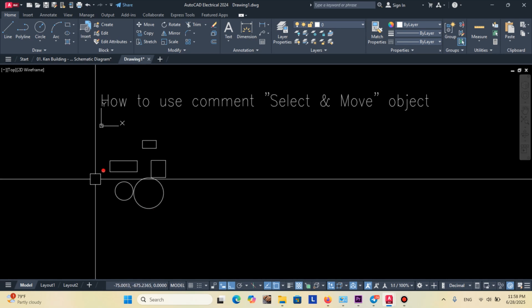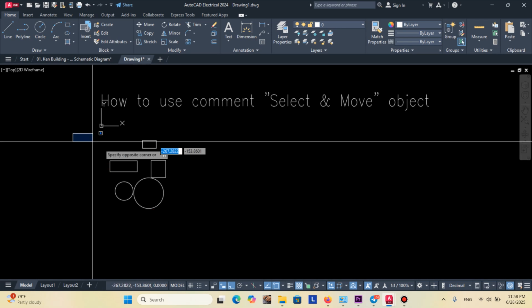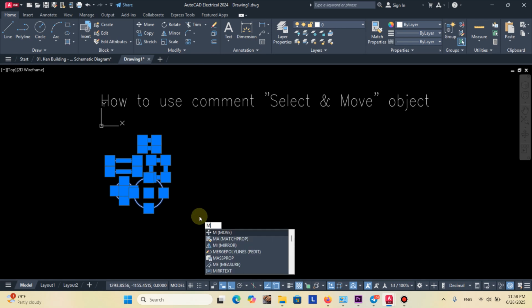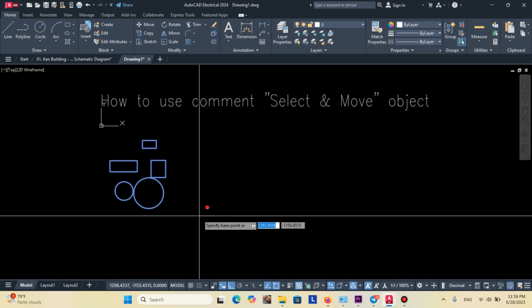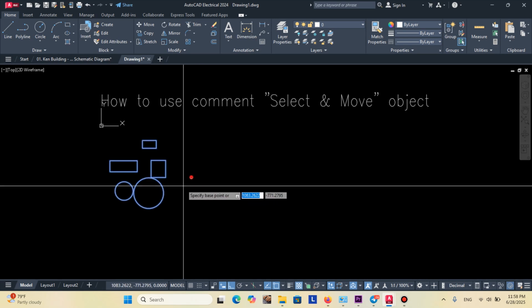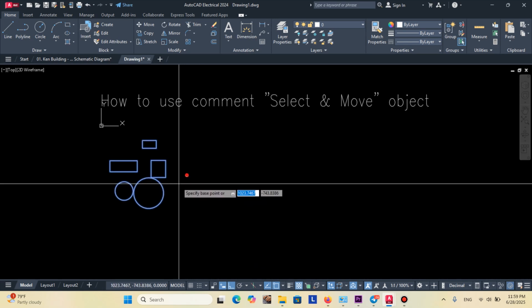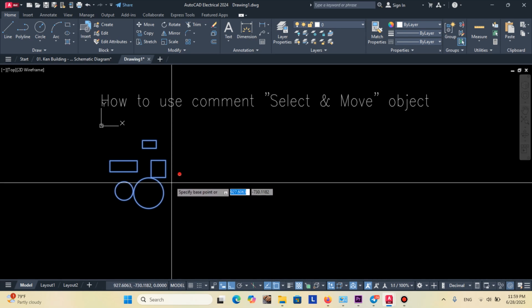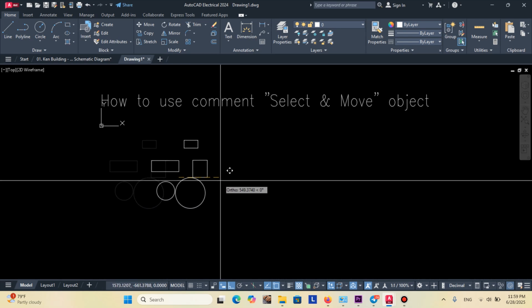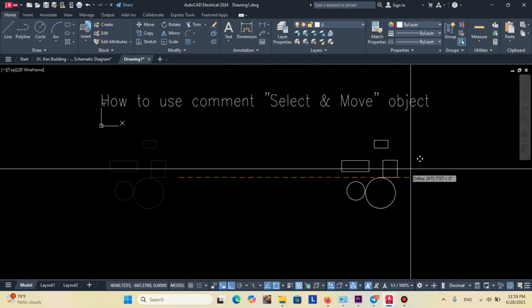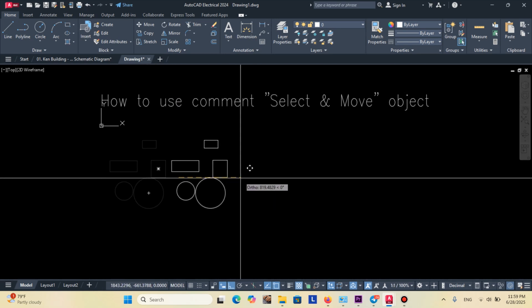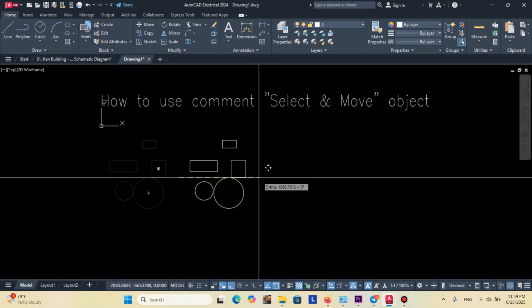So let's move the object. The first one, we need to select the object first, and then we try the command and then press enter. Try to click the object or we click the point that we want to move. Suppose I click this area, yeah, and then we can move to the left to right and the right to left. Example, I move to the right, the left to right, okay, like this.